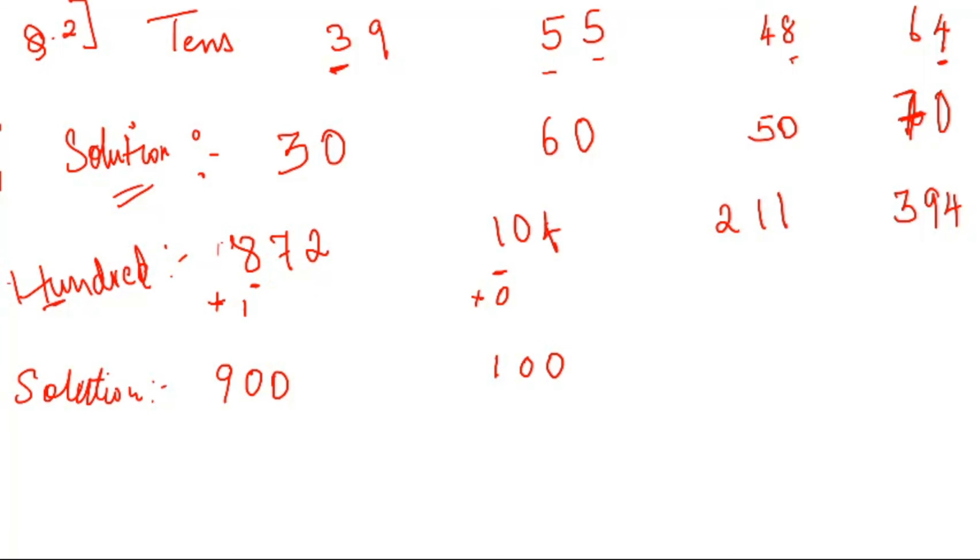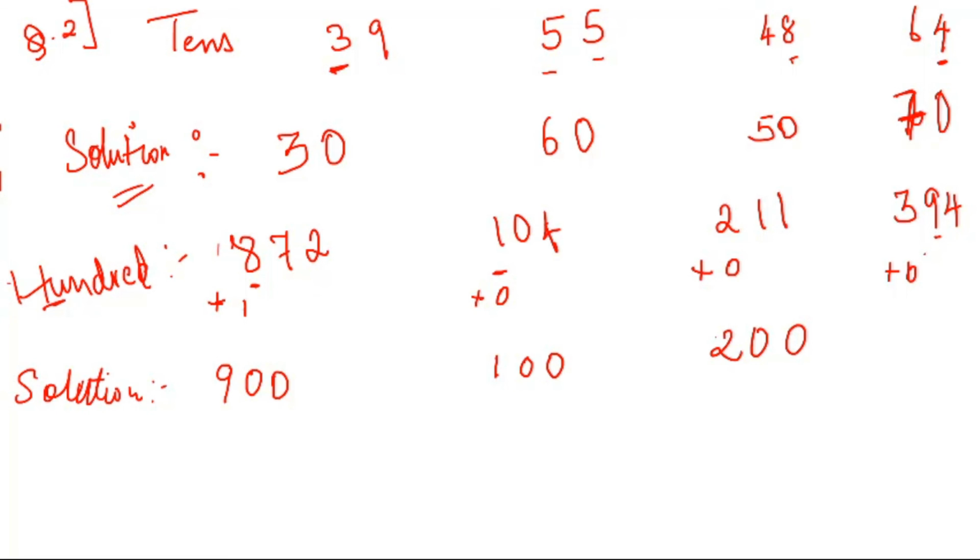So in this next, 2 is less than 5. So 2 plus 0 is 2, and the other two numbers will be 0, 0. It will be 200. Next, 3 again less, so plus 0, it will be 3. The other two numbers will be 0, 0. It will be 300. Okay.